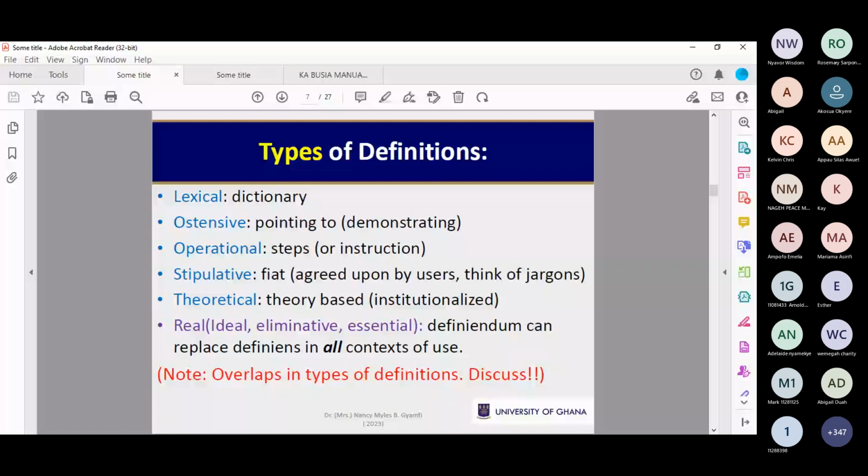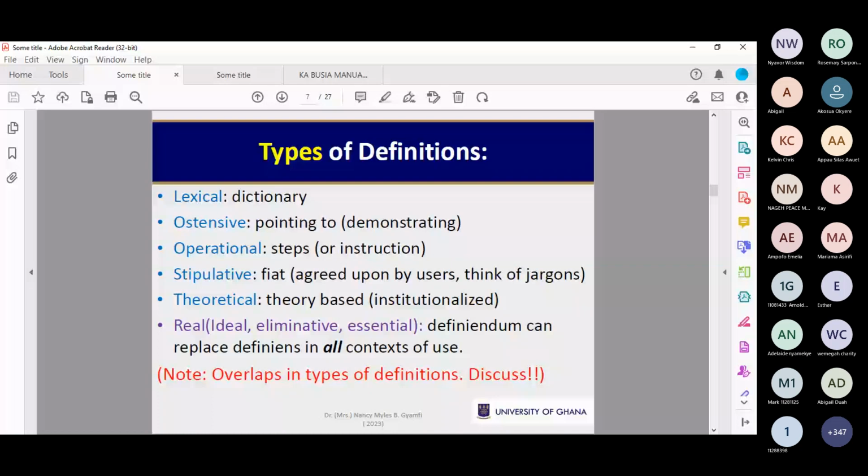So what then is a real definition? We know lexical to be the one we find in the dictionary. We know operational to be the step-by-step definition of a word. In other words, giving the meaning by showing the lists of instructions that takes you to that word, or the steps that takes you to that word. We know ostensive is the definition that you get by pointing to the unknown word or demonstrating the unknown word. We know stipulative to be the one that we agree to,